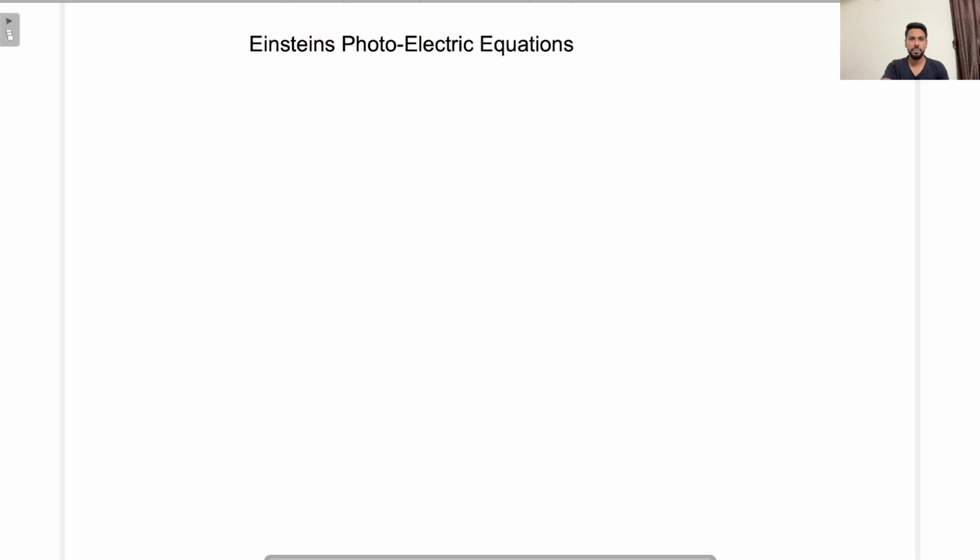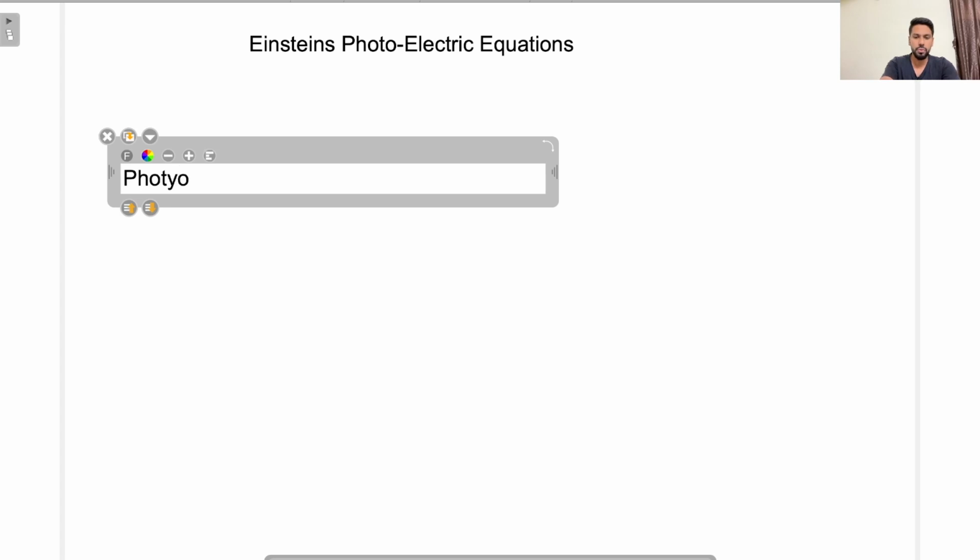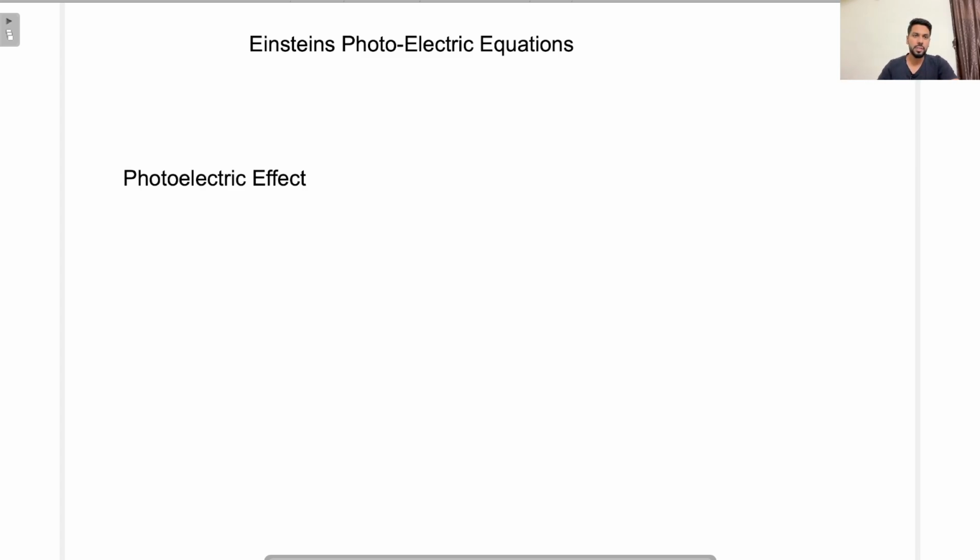Right. As you can see here, Einstein's photoelectric equation. To begin with, you should understand what the photoelectric effect is. Those who do not know, the photoelectric effect is a phenomenon where I send an appropriate light ray on a metal. Remember, here I am dealing with a metal. I send a light ray of appropriate frequency on the metal, and that metal ejects